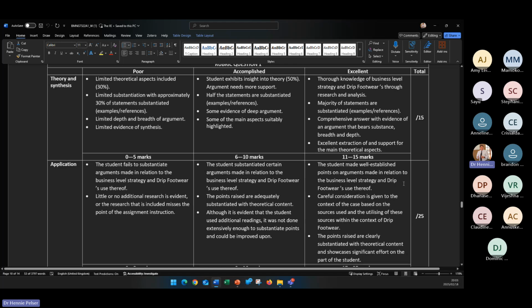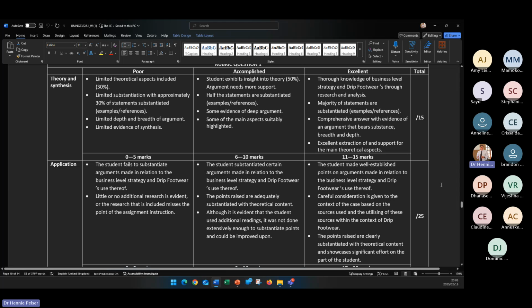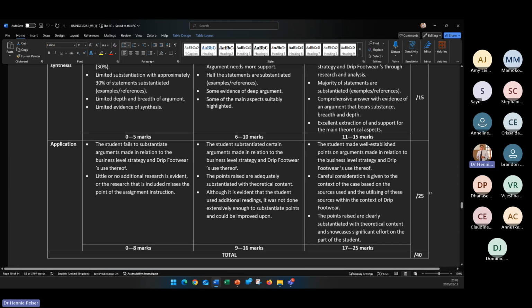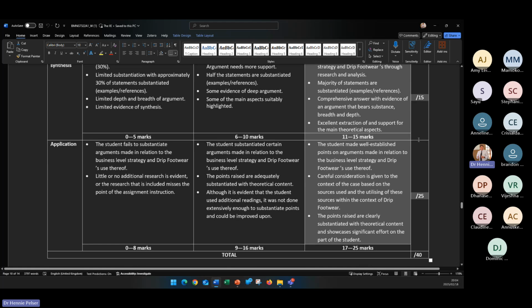And just to say, guys, please look at this. The one thing about transitioning from second year to third year: in second year, we are concerned about theory. In third year, we are concerned about blending theory with application. But please note where the majority of the marks are. You should also, based on that rubric, be able to mark yourself and give yourself a mark. So please make sure that you spend a bit of time looking at that.